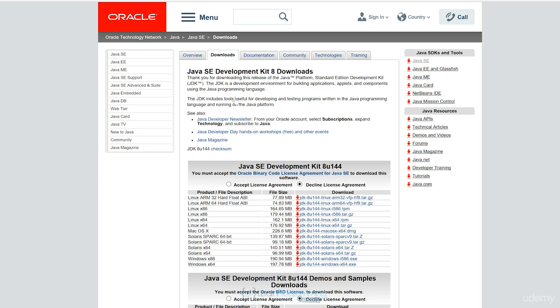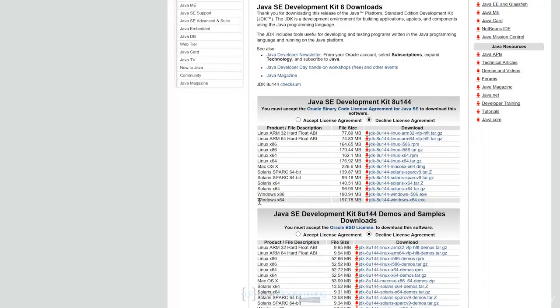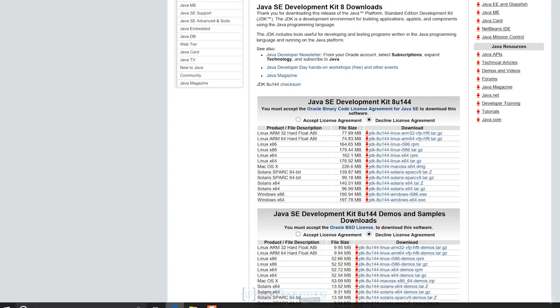Now, what we need to do is determine whether your computer is running a 32-bit or 64-bit version of Windows. The reason for that is that there are two versions of the JDK available. You can see here Windows x86 and Windows x64. Windows x86 is for computers running a 32-bit version of Windows, and Windows x64 is for a 64-bit version of Windows. To find out which version you're running, you basically want to get into